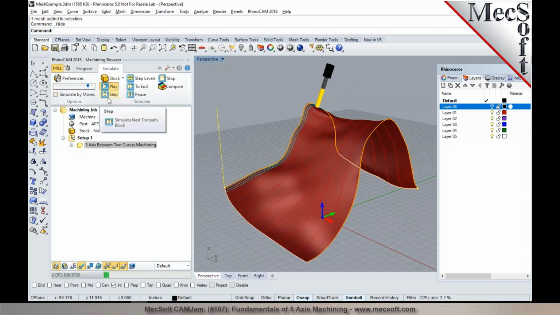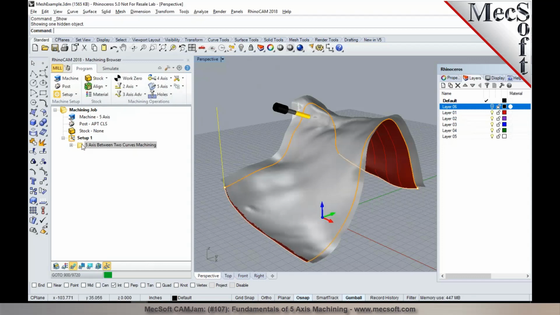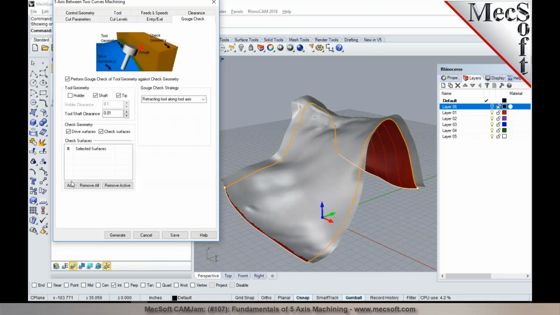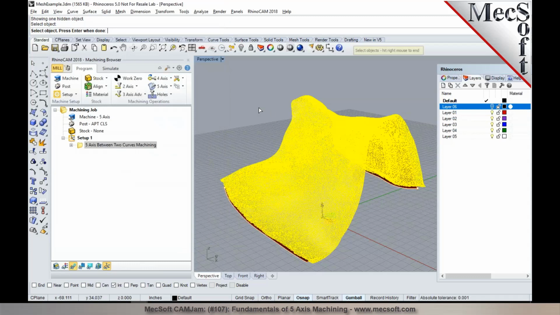So it is basically following this drive surface. However, what we are looking to do is machine the mesh surface in here. So I'm going to go back to the program tab and edit the 5-axis between two curve machining operation. And then under gouge check, I'm going to select add, and now I can select the mesh geometry as a